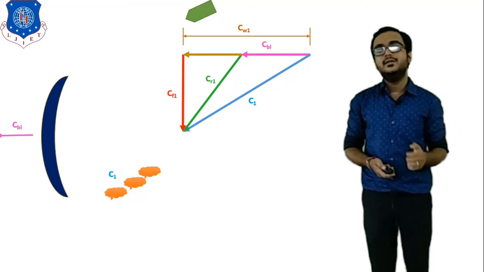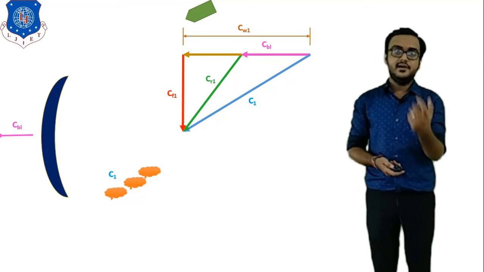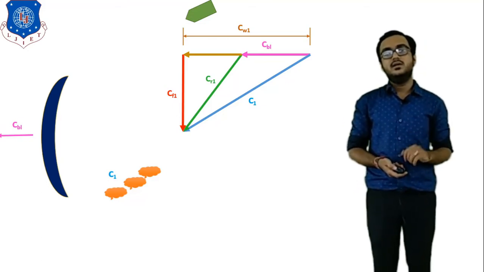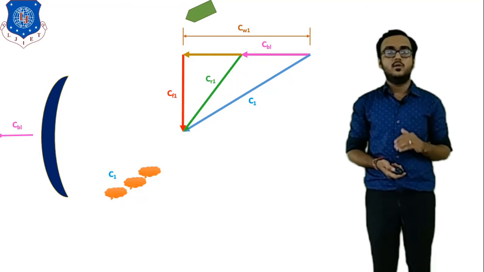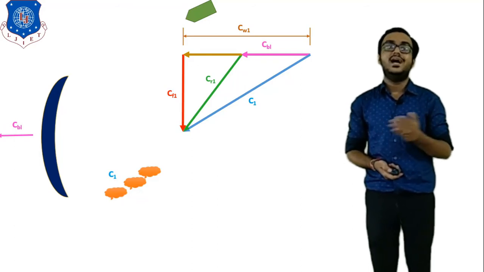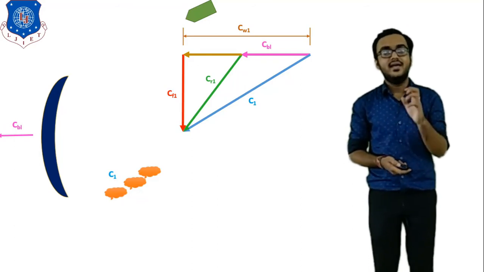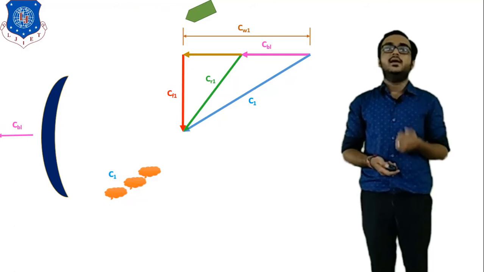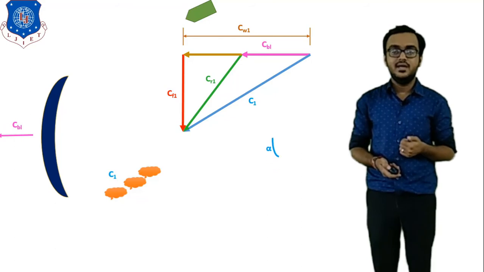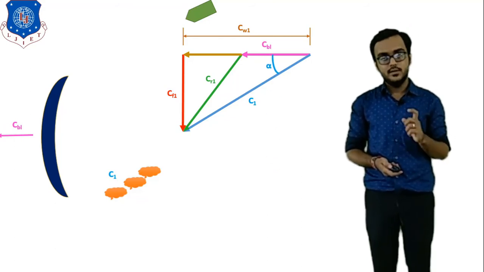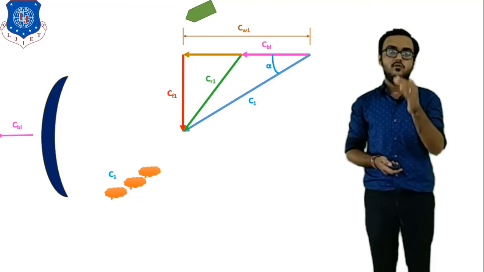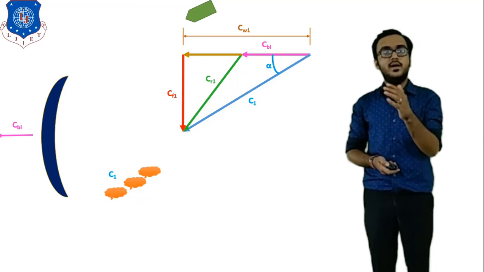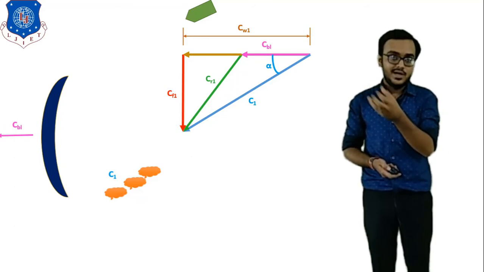Now we need to add some of the angles in the inlet triangle. Here you notice one thing, C1 is making a certain angle with the horizontal line, as well as CR1. So whatever angle is made by C1 with the horizontal line is known as the nozzle angle, which is represented by alpha. Because whatever angle is formed by the nozzle, it must be followed by the steam whenever steam is passed through the nozzle.